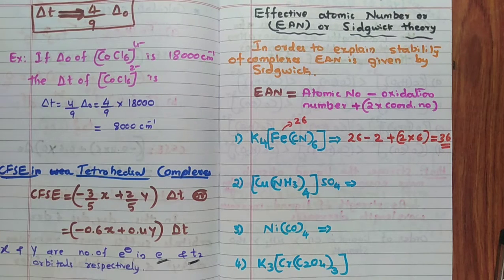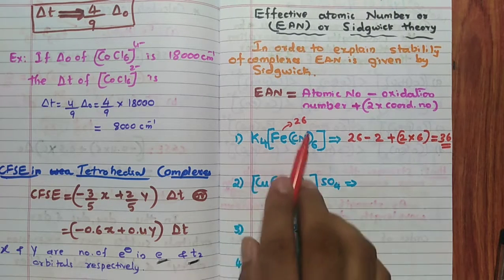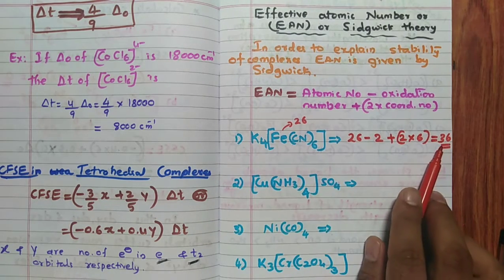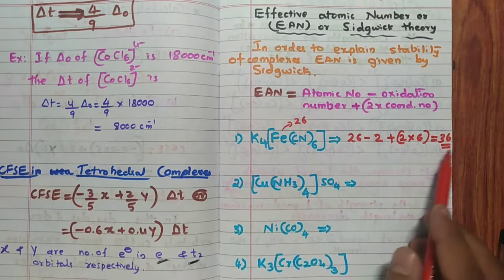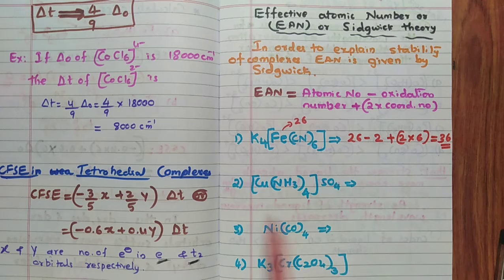In most cases, remember, it will explain the stability, as I told. How does it explain stability? Generally, it is explained that if the EAN of any complex attains the next noble gas configuration, it is more stable. There is a limitation for this theory, but I am not going to discuss that in detail. That is not there in our syllabus. But remember, how is stability explained? If the complex's EAN is equal to the next noble gas configuration, krypton, then it is more stable. But in all complexes, it will not be equal to the next noble gas configuration. It will be less or more than that.